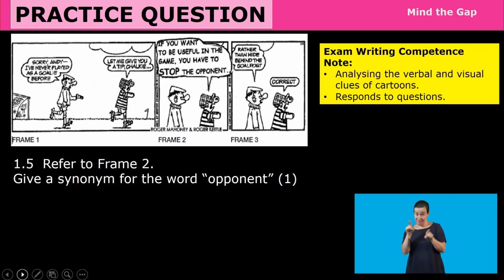So remember, we always have to locate ourselves in the text, and we're locating ourselves in frame 2, okay? So after we've read, we want to specifically find a word for opponent. Now remember, sometimes you may not know the specific word for a synonym for that specific word, right? So what you do is you try to gather information from what you have in front of you. So we know, all right,